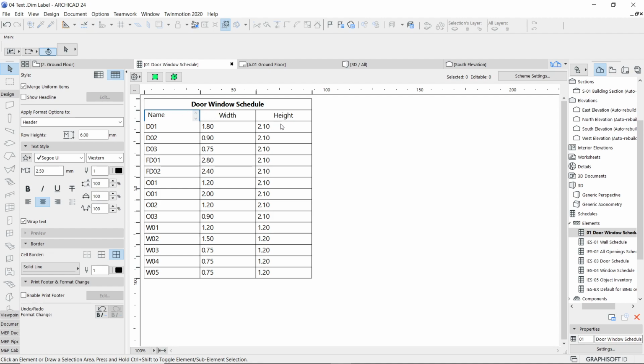So that becomes my new heading for this particular column. So this you can edit. You even have a choice of editing the name, the width or the height, because these are directly interactive between your drawn object and the listed element over here.